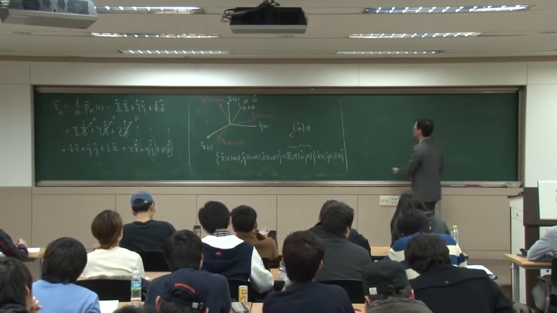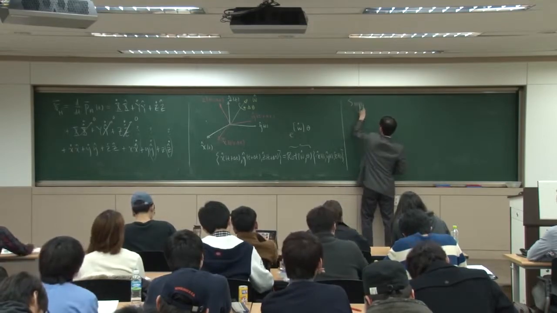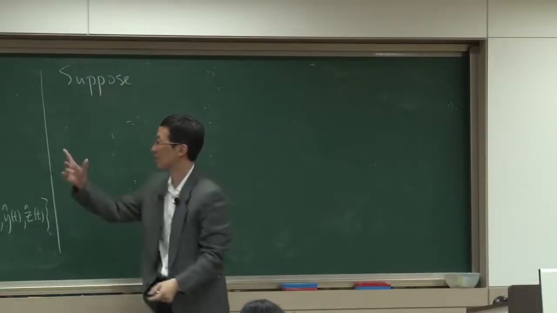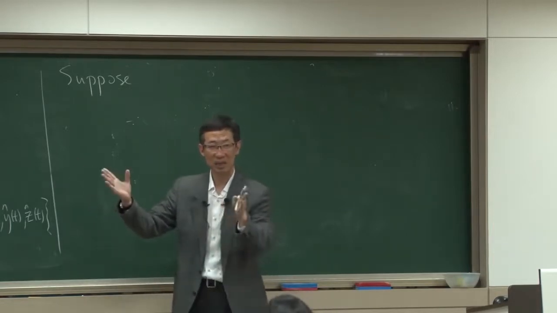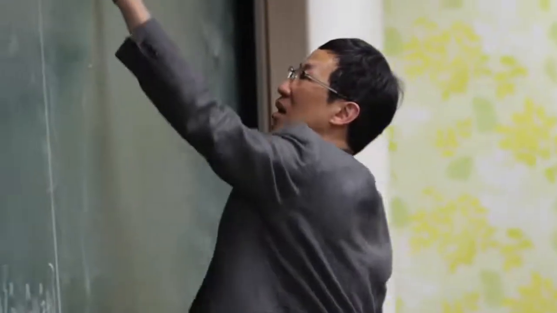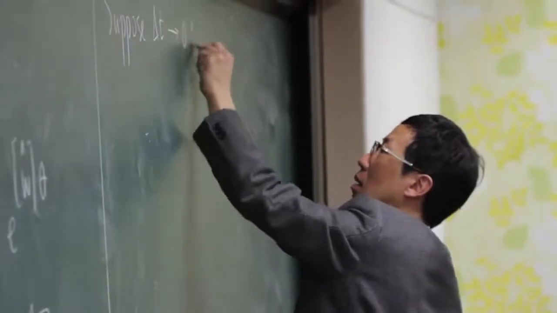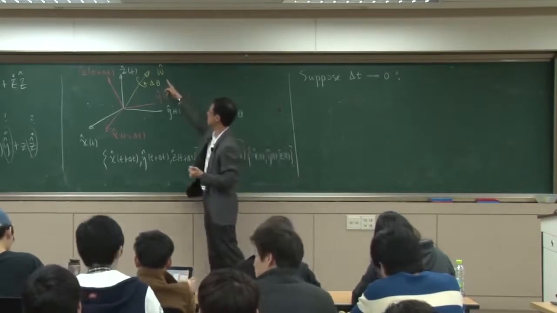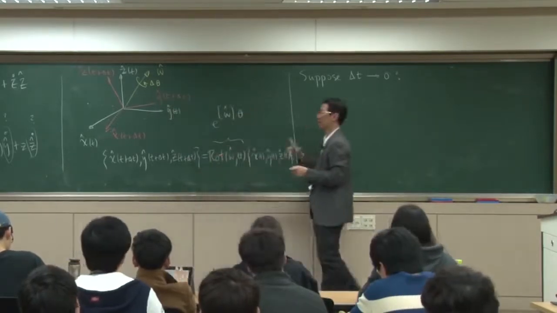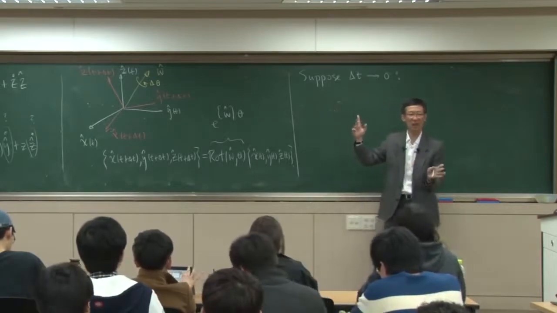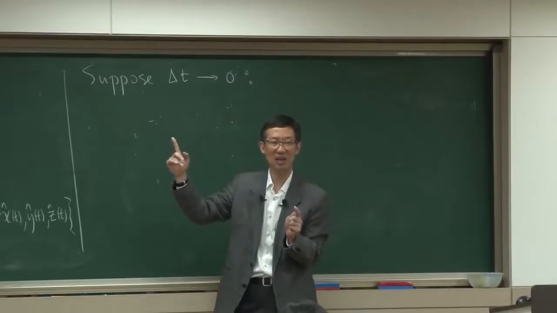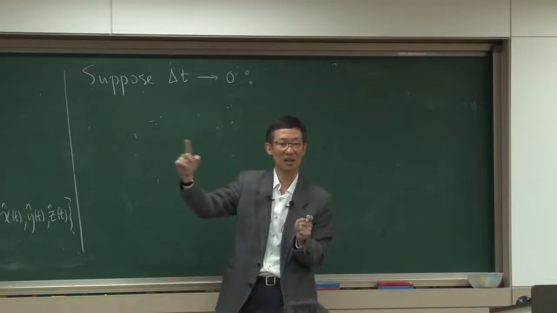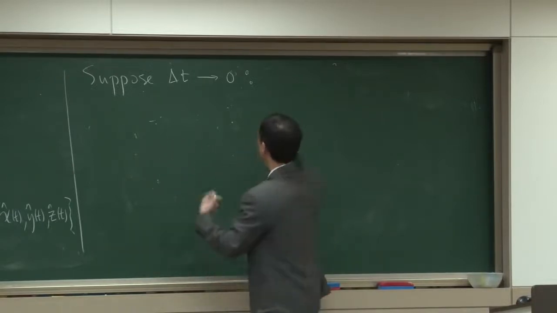So now let's imagine the following. Suppose this interval of time delta t gets really small, infinitesimally small. Suppose it gets really, really small, close to 0. And let's think about what happens to omega hat and delta theta. So omega hat is not going to go away. It's going to go to something. So what is that? Omega hat